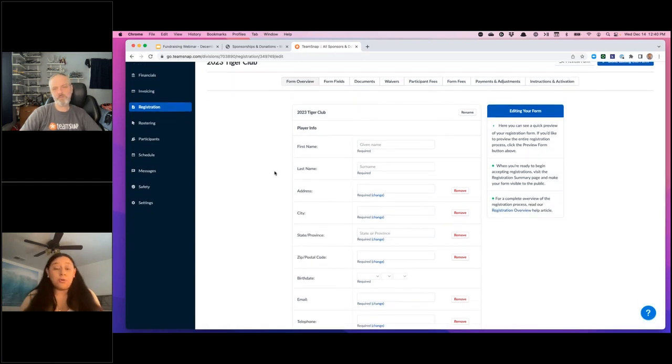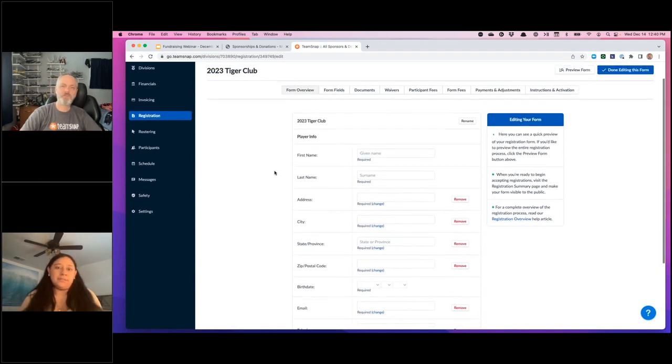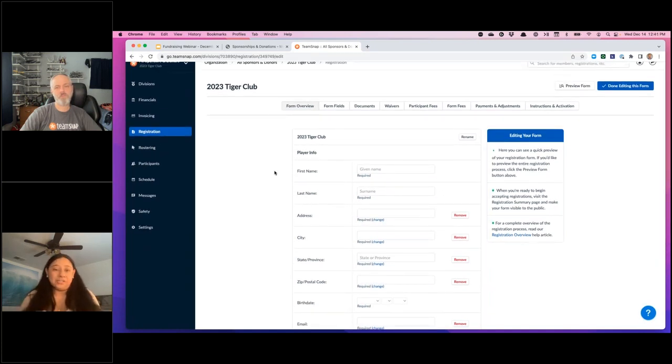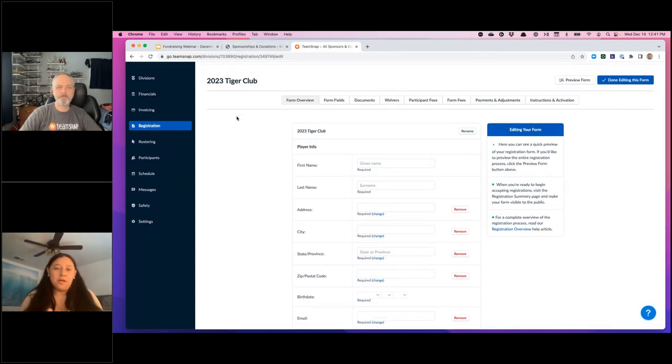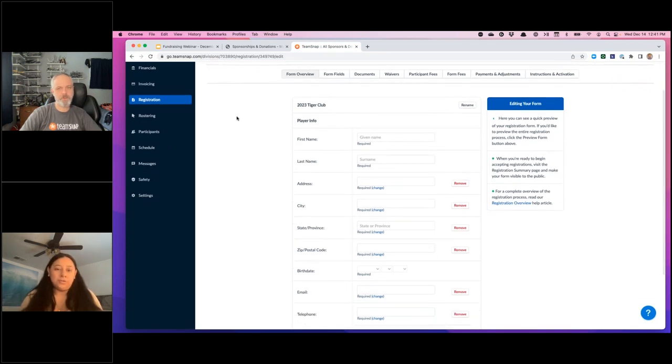So now that we have a program, we can actually use the financial reporting, all of the different aspects for that specific program. We can even send that money to, just like if you have a bank account where all your donations are going to, you can set that up as well. So it can all be separate from your regular registrations that are coming in. So you have a lot more flexibility on how you want to set up the donor program.